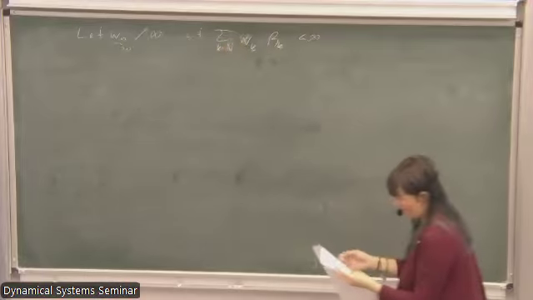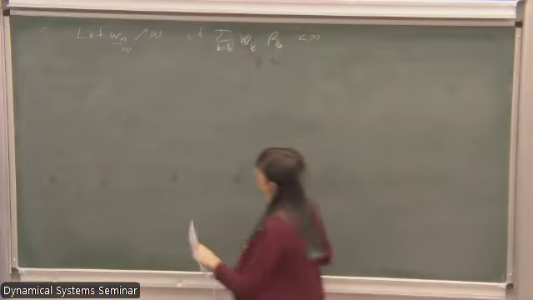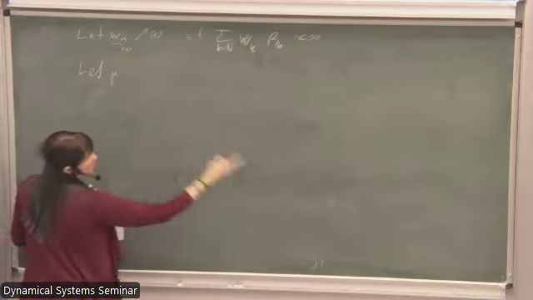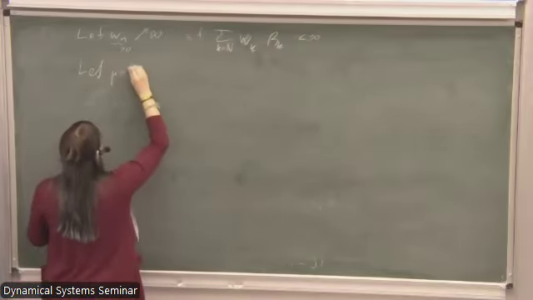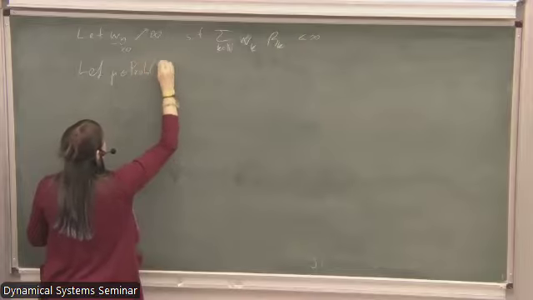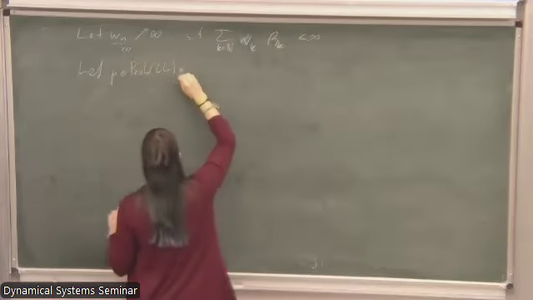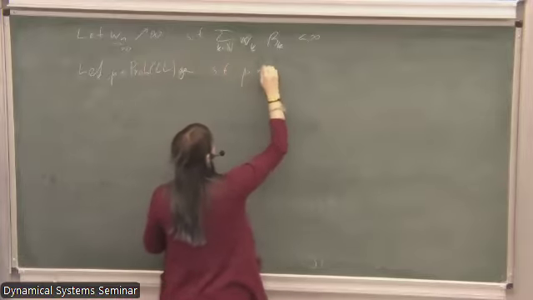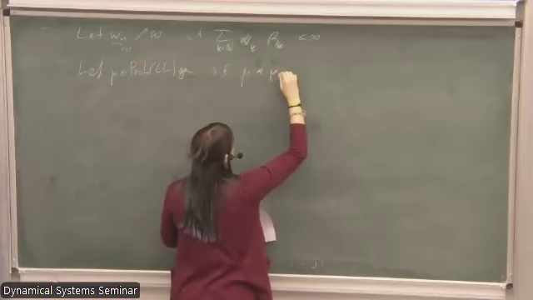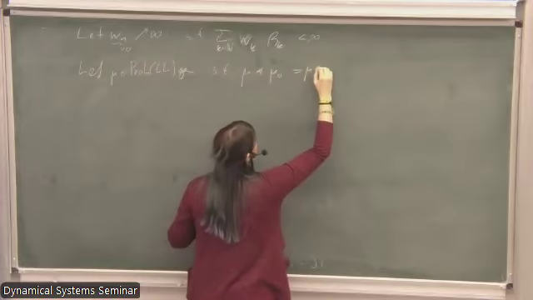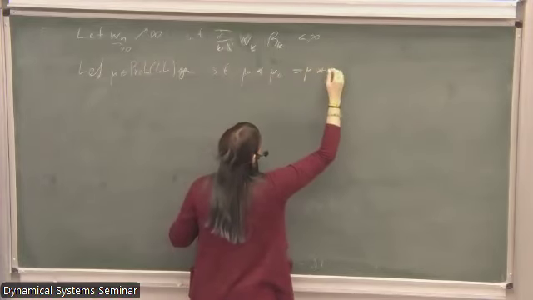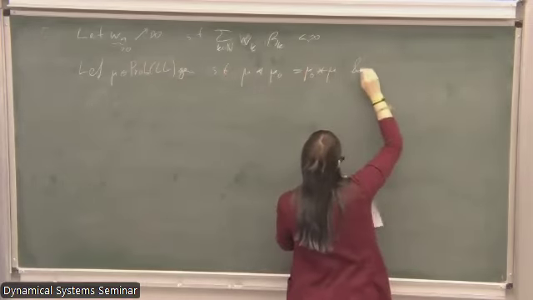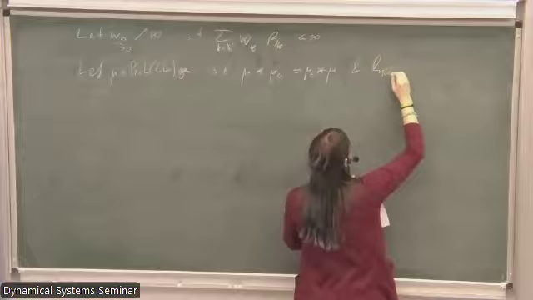Okay, I can do that. And now, let mu, I tell you what this mu over there is, be a probability measure on my lamplighter group, generated of course, such that this mu commutes with mu 0,